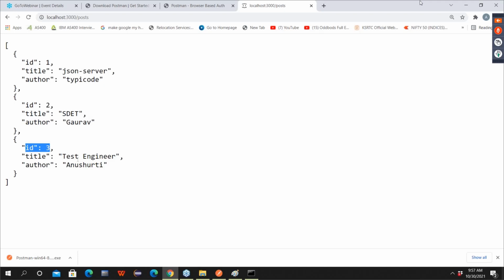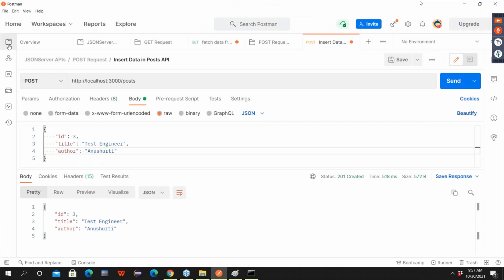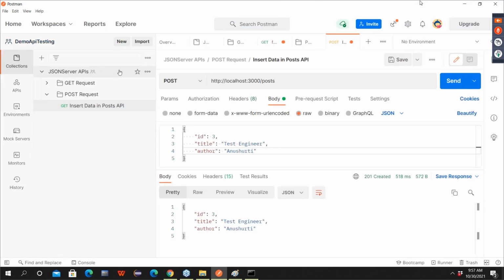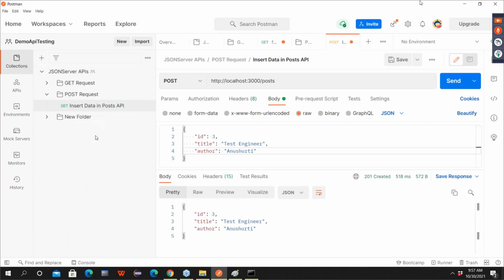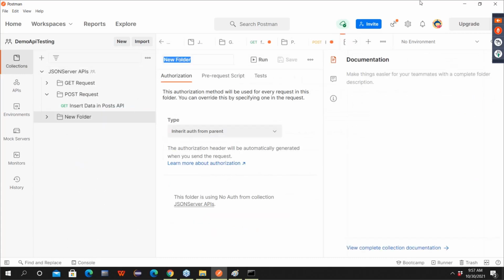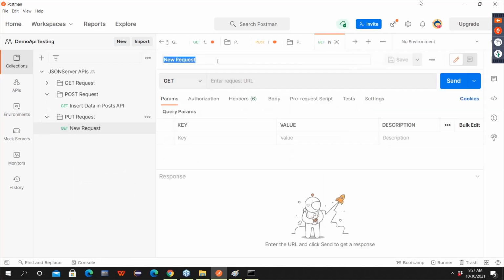See, now again same process guys, go to collection. What do you need to do? First add a folder for simplification. Let's say PUT request. Then in this, go to add request.